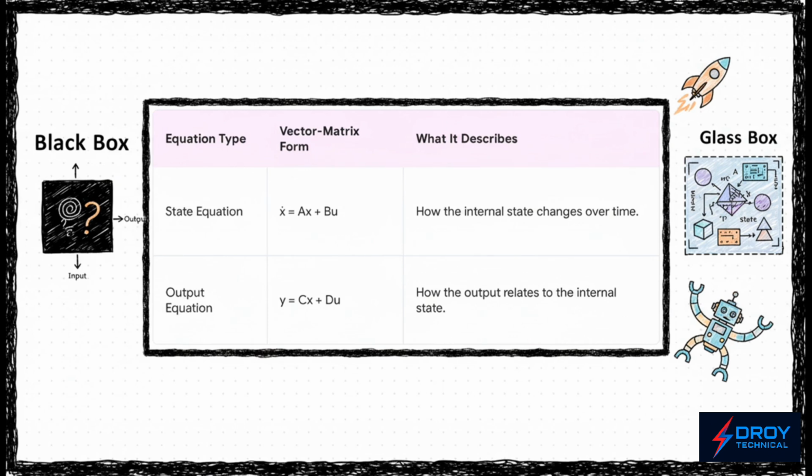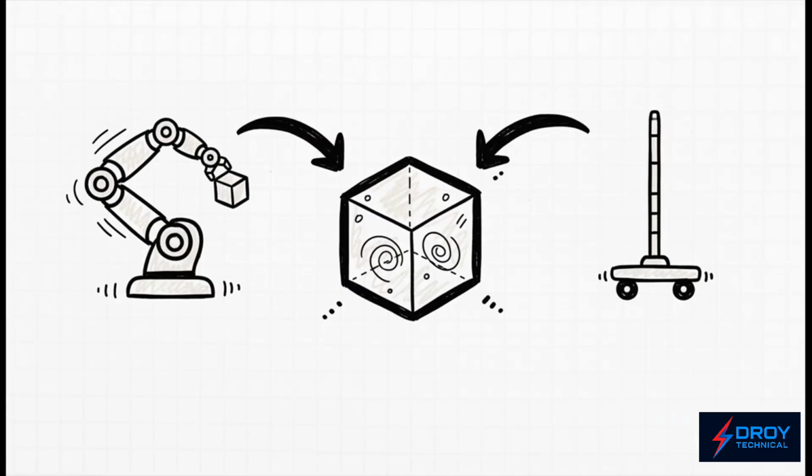And this whole powerful idea is captured in just two incredibly elegant equations. Now, they might look a little intimidating, but the idea behind them is simple. The first one, the state equation, is the rulebook. It says, here's how the inside of the system changes from one moment to the next. The second one, the output equation, just says, and here's how the stuff we can actually measure on the outside is related to what's happening on the inside. That's it. This two-equation framework is just insanely powerful. It's the tool that lets engineers tackle those mind-bending problems, from coordinating all the motors in a complex robot arm to, yep, you guessed it, finally figuring out how to balance that inverted pendulum we started with.